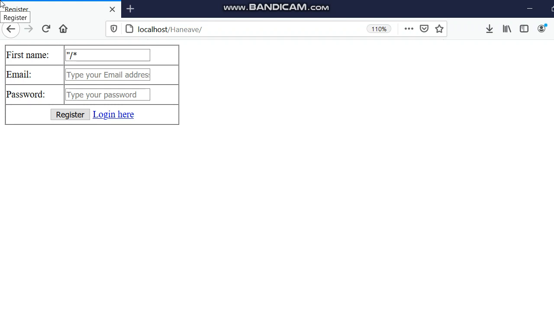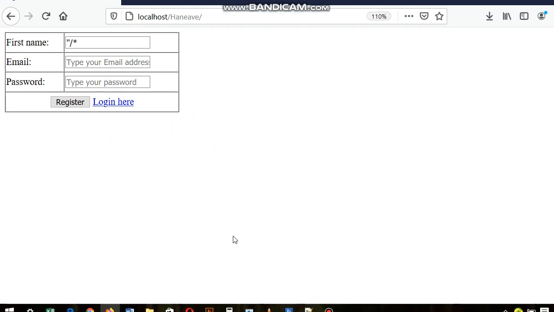So instead of submitting this data, it will print out what is already stored in the database on the screen, and someone may use it to log in and manipulate your database. So we don't want that. So let's try to